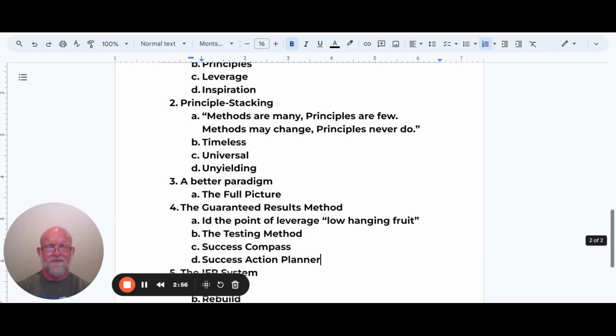And so identifying the principles of a complete recovery is the way to help you. And then how do we put those together is the way to help you actually recover. And so how do we put it together? Well, we use a better paradigm. All right. We want the full picture. And the simplest version of this is I work to get a three-dimensional view of your current experience. And then I work to get a three-dimensional view of where you want to land. What does it look like when everything has come together the way you wanted it to? Those two images together give us a very clear path.